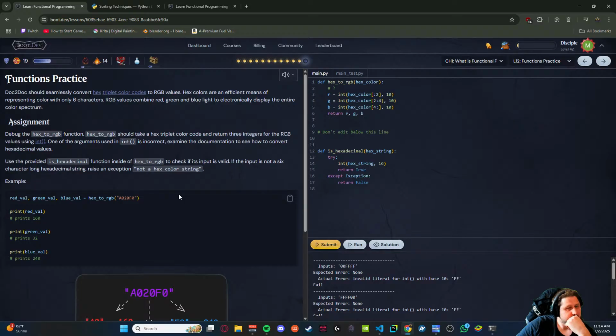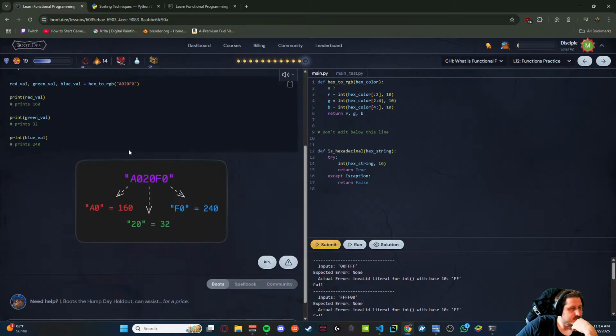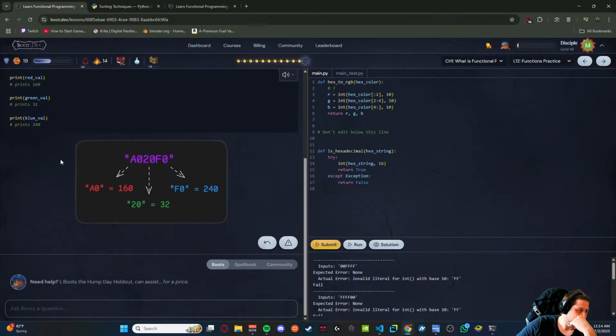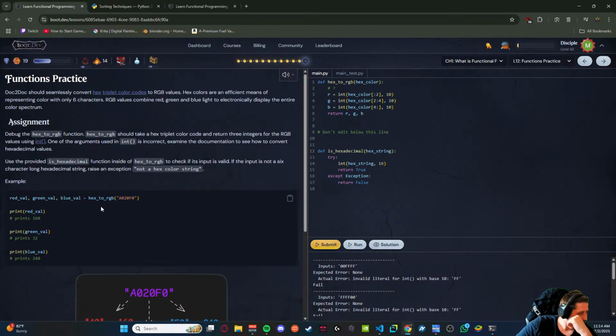Should take a hex triplet color code and return 3 integers for the RGB values using int. Example: red val, green val, blue val equals hex to RGB.